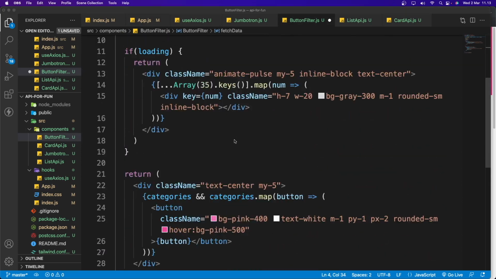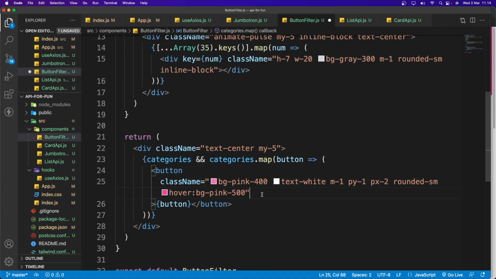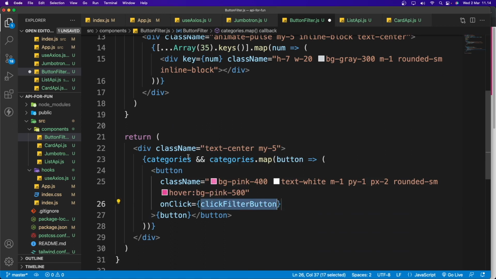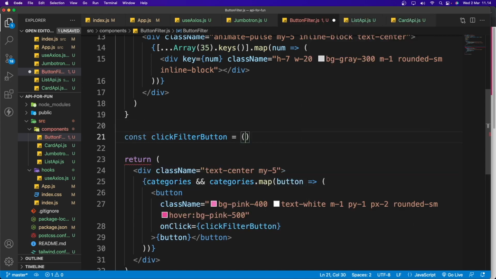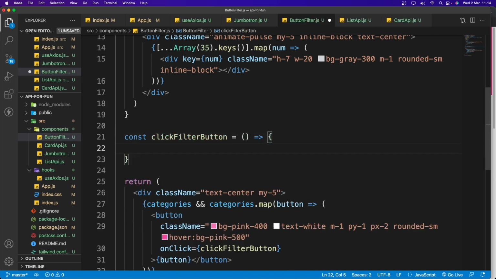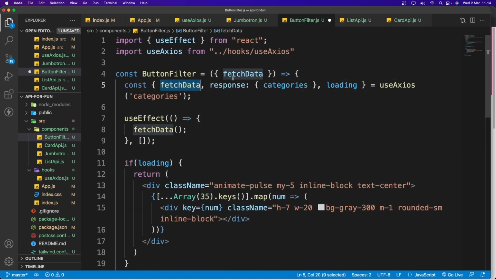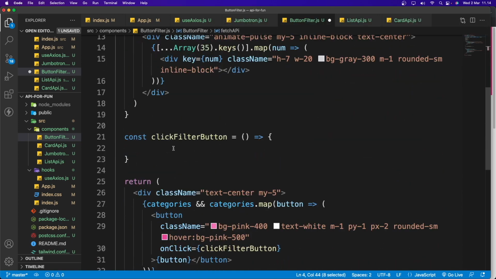So now let's go to this button here, and we need to add the onClick event. So let's say onClick equals, I'm going to say clickFilterButton function. Okay, so now let's create this function in here. I want to say const clickFilterButton, and in here, as you can see, this has the same name. Okay, we need to change the name. So now I'm gonna use fetch API. Okay, so now we can use this fetch API, and in here we can put the fetch API like so,